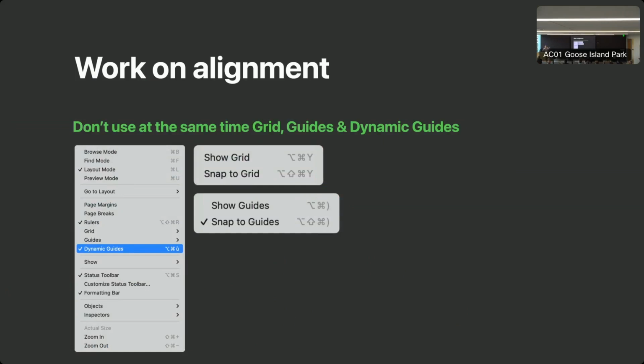So if you think you have a bug, if you complain that magnetism isn't working, it's probably that you have two tools activated at the same time. So uncheck one of them, and you will fix everything, right? So this is my part